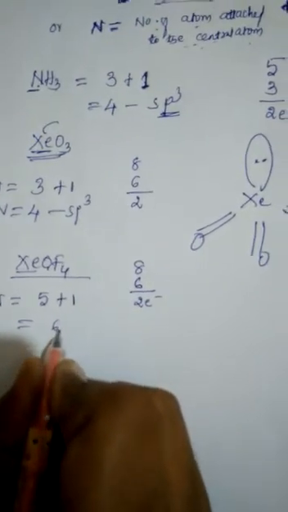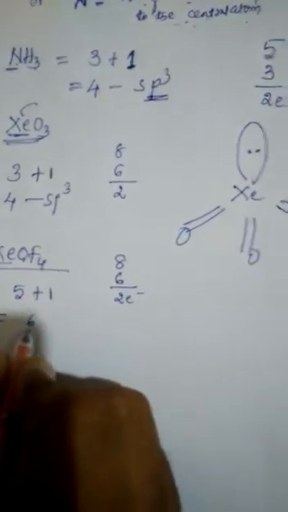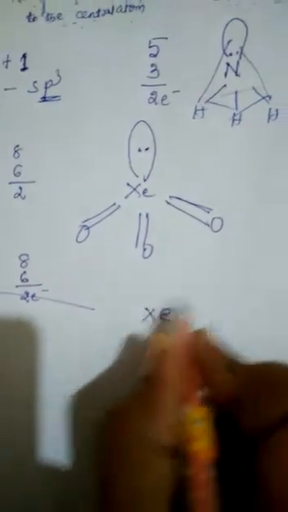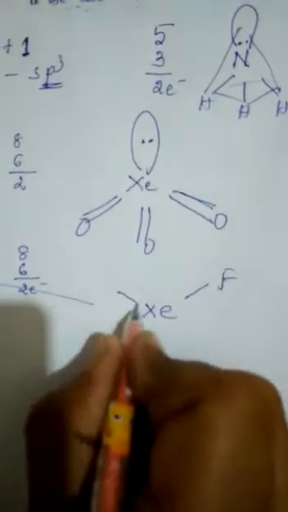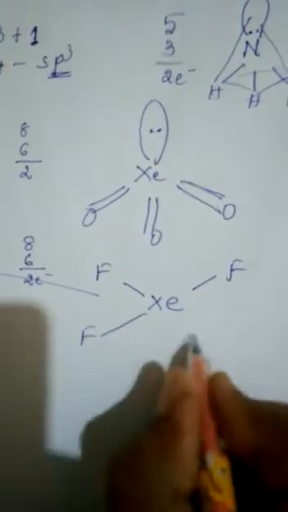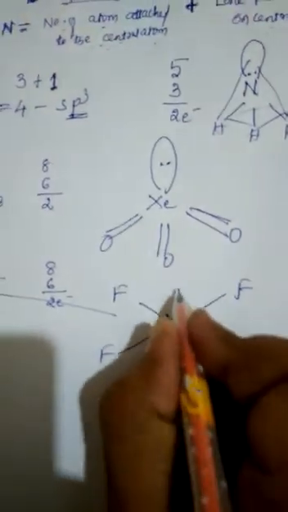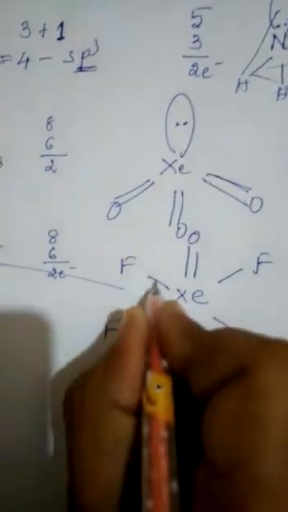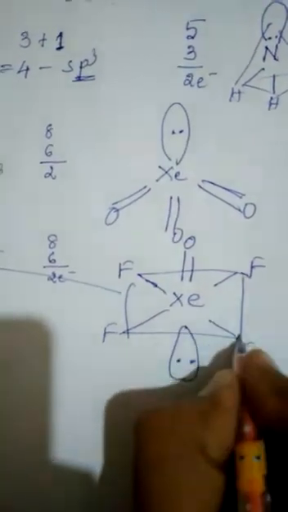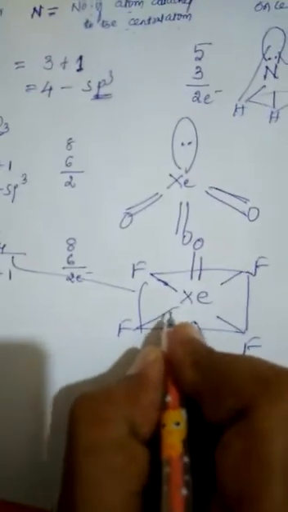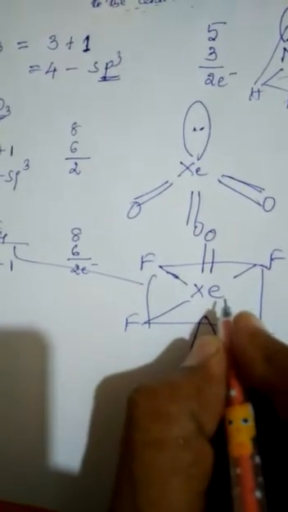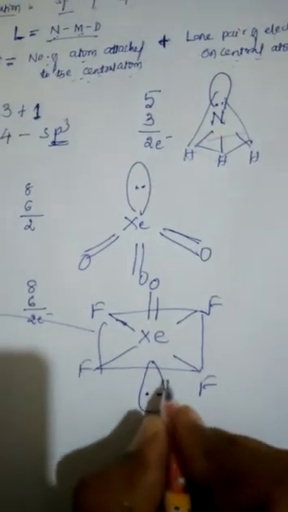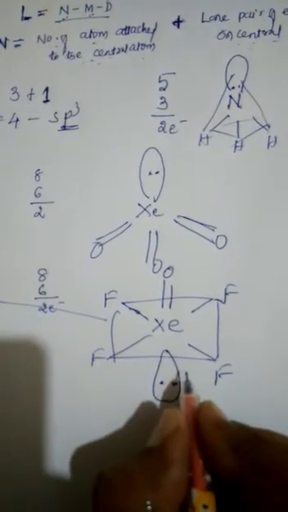If it is sp3d2, the geometry is not octahedral; it is distorted octahedral, known as square pyramidal. Let us see this structure. Xenon, with 4 fluorine atoms at the four corners, and above there is a double bond to oxygen, and below I will take a lone pair of electrons. Now it is known as square pyramidal geometry. You have to see that. Like this you can go through all the remaining molecules.